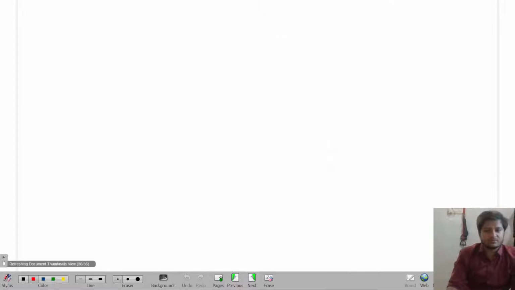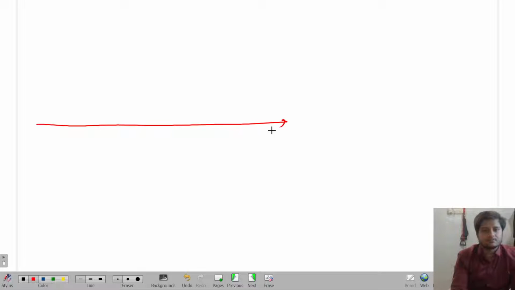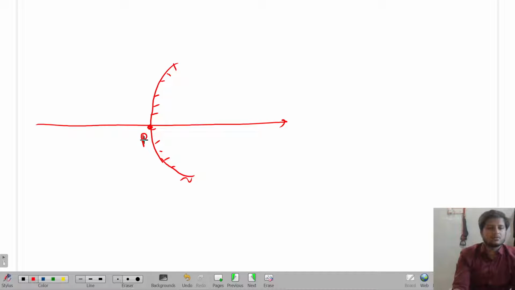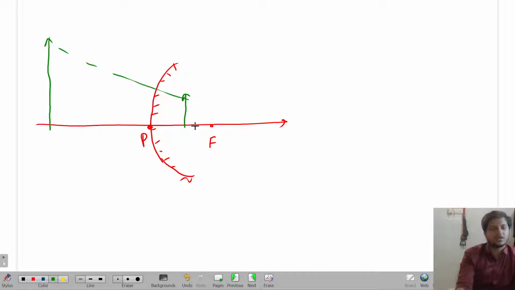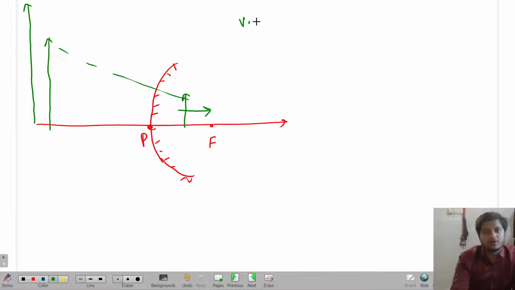Got it? So that means what it is saying, if you have a concave mirror, this is my pole, this is my focus. If I place my object over here, I get one real image for this object. Now, if you move the object away from the pole, what is going to happen? More divergence will be seen. More divergence means a more enlarged real image I'm going to get. So that means if I move the virtual object